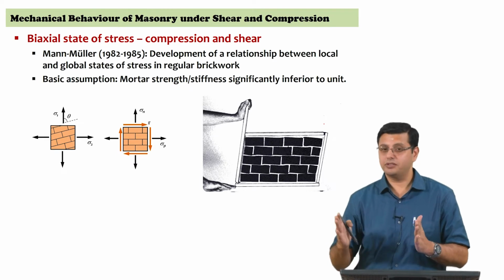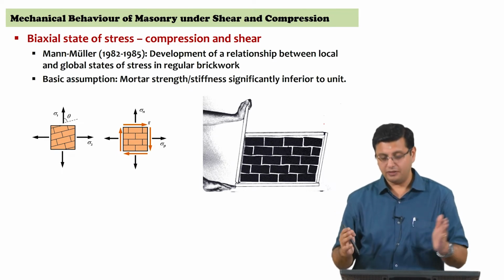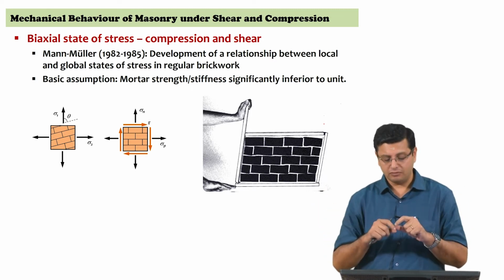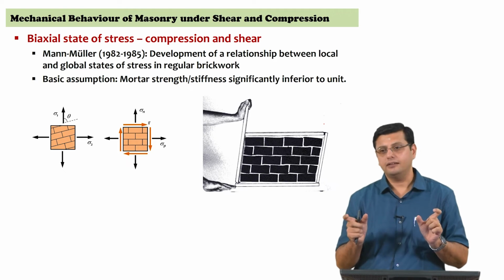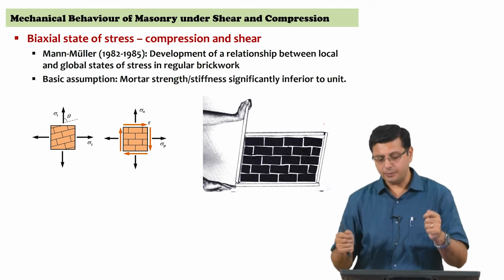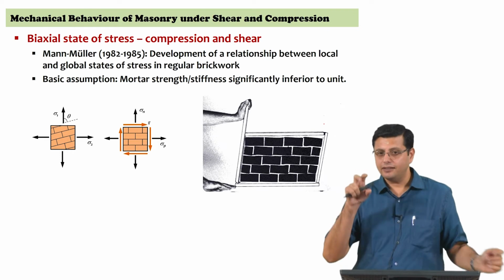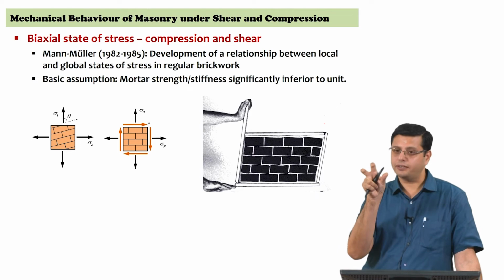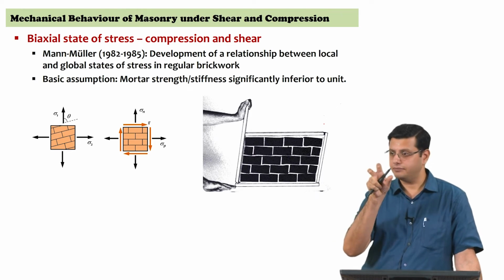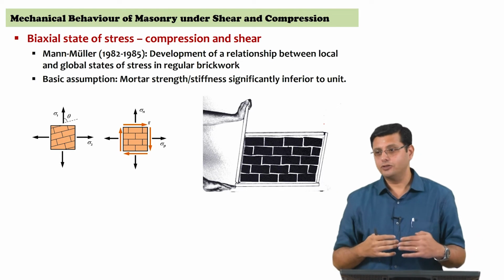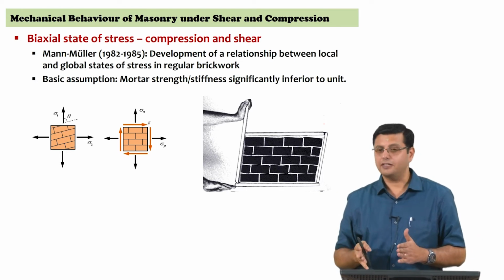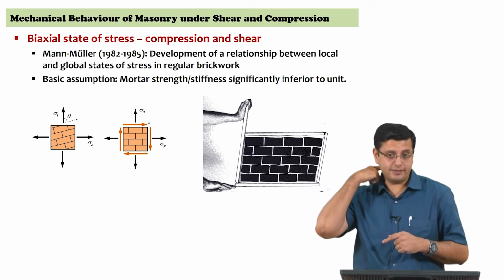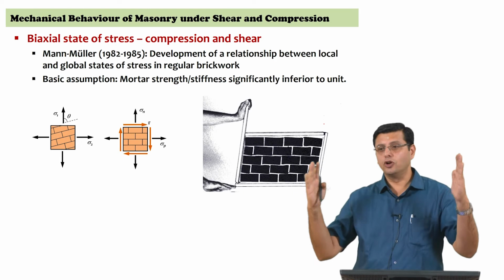When this experiment was carried out, you are subjecting the panel made out of very deformable mortar and rigid blocks. When subjected to shear, you can see that because of the deformability of the mortar, the unit has a tendency to rotate about its centers, individually rotate about its centers. So, it's an important test, it's an important demonstration, because it then gives you a basis to say globally, if the